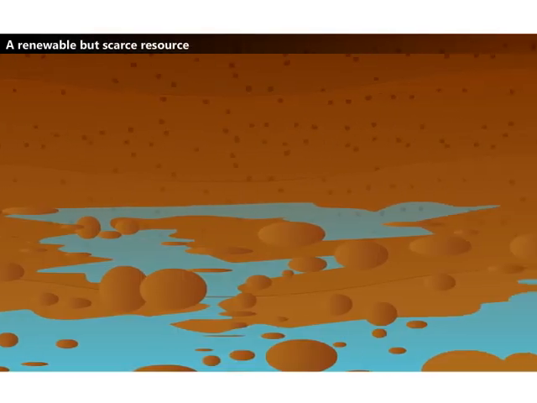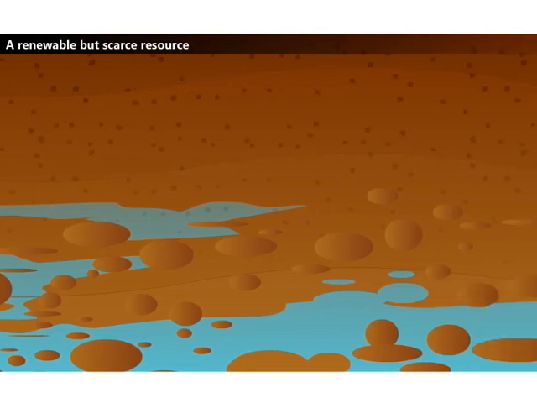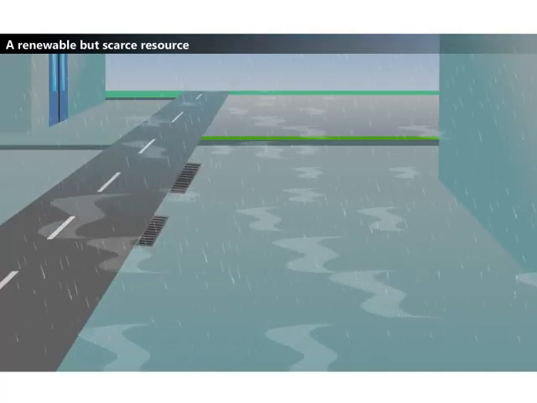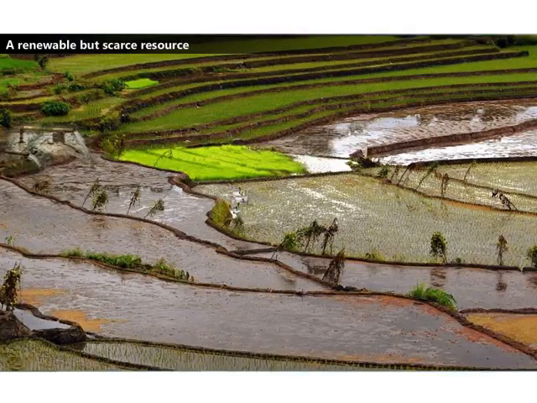The level of groundwater is also shrinking due to various reasons such as overexploitation for urban and agricultural use, fast runoff caused by loss of vegetation cover, and cultivation of high water demanding crops in various parts of India.